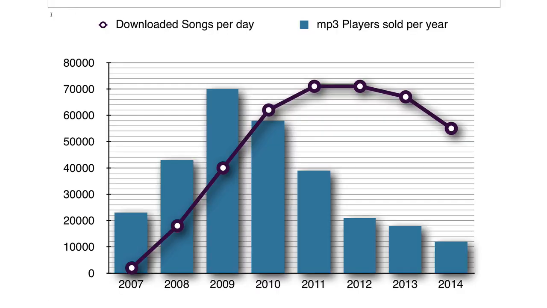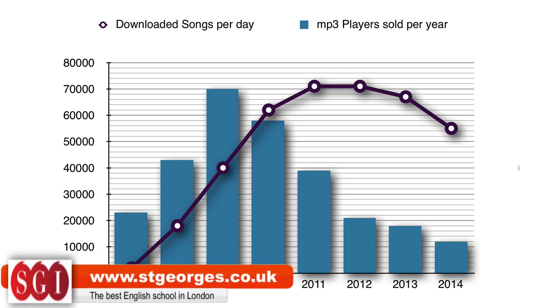So how would you describe this graph? We've got downloaded songs per day, the number of downloaded songs per day in thousands, and then we've got MP3 players sold per year in your country in thousands. So there are some clear and distinct trends happening here. Can you describe them? Leave a comment in the box below and a teacher will mark your comment for you